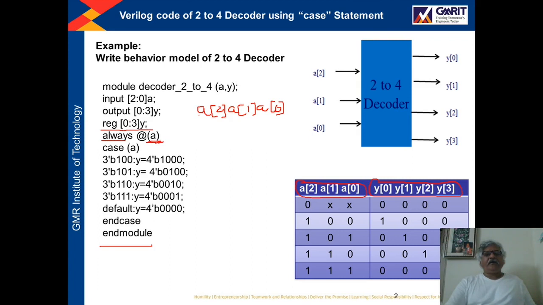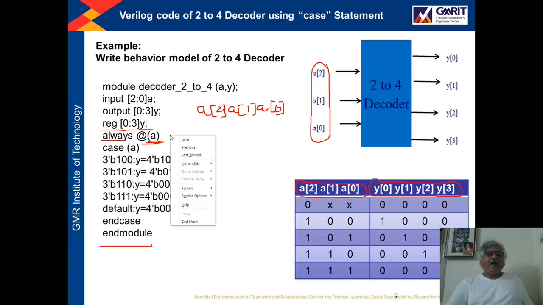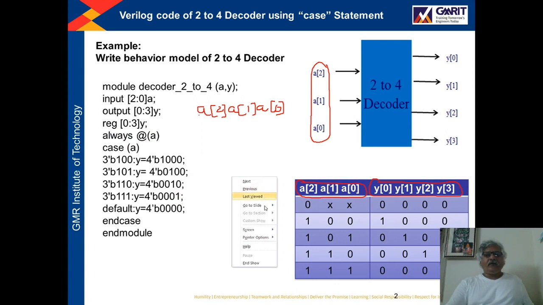The sensitivity list of always is A. Whenever there is a change in the value of A, meaning A2, A1, A0, any one of these three inputs, then the always block will be activated. And once it is activated, all the statements written inside the always block will be executed.